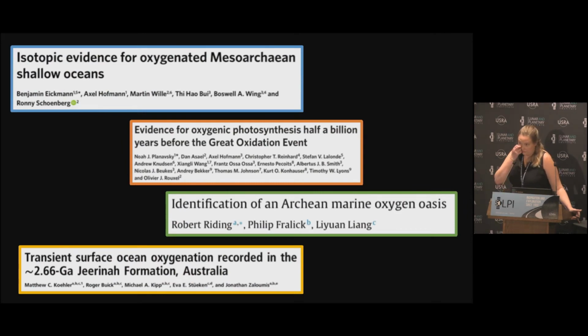And so, of course, those are just model results. I'm not going to get into the details of the rock record in this talk, but when we look for evidence of these environments, we do find it. And the body of evidence for dissolved oxygen in the Precambrian ocean is really diverse, and it's growing. And so it is likely that these environments did exist on Earth and do exist elsewhere as well.